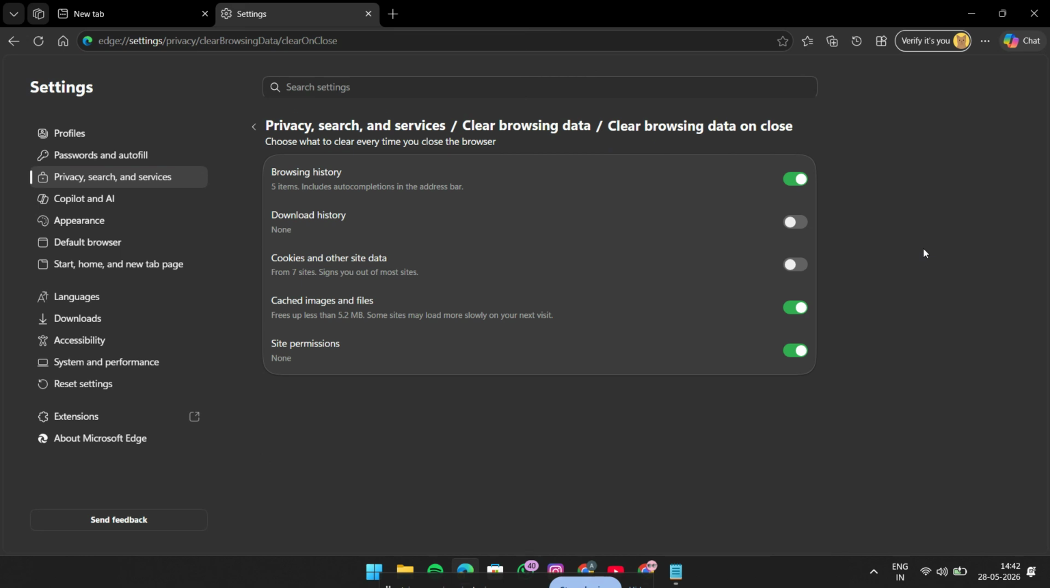browser. Here, you'll see several toggles for different items, such as browsing history, cookies, download history, and cached images and files. To prevent Edge from clearing cached content, simply turn off the toggle next to Cached Images and Files. If that option is already turned on, switching it off will stop Edge from deleting that cache every time you close the browser. Once you turn it off, Edge will keep those cached files saved instead of removing them on